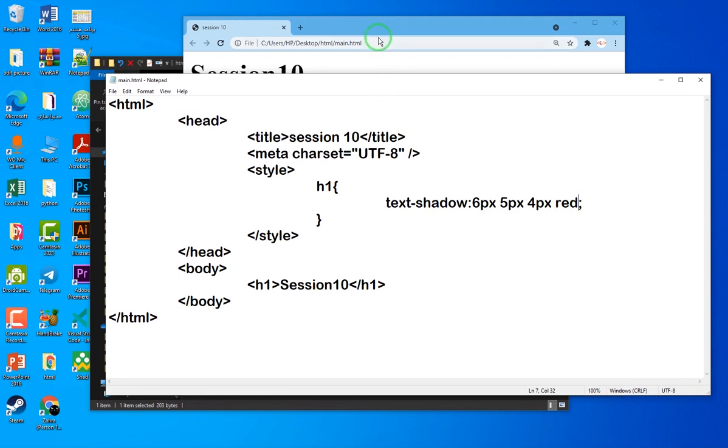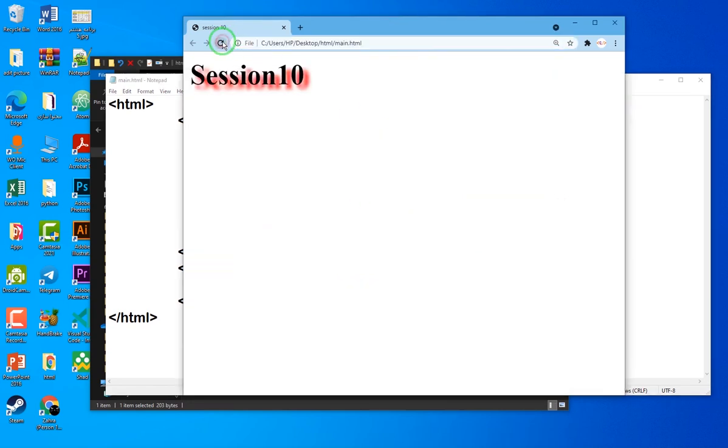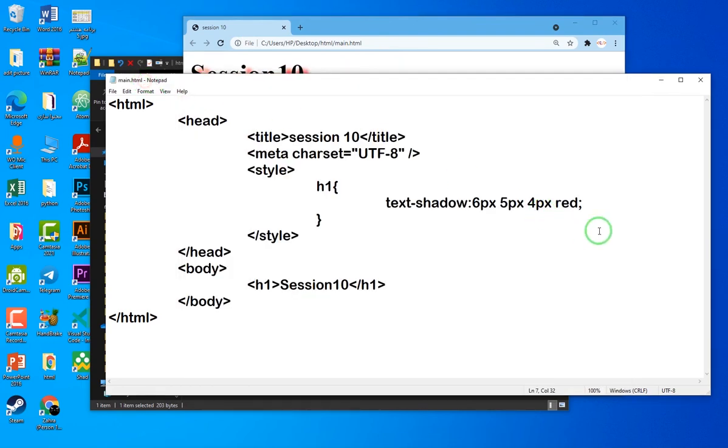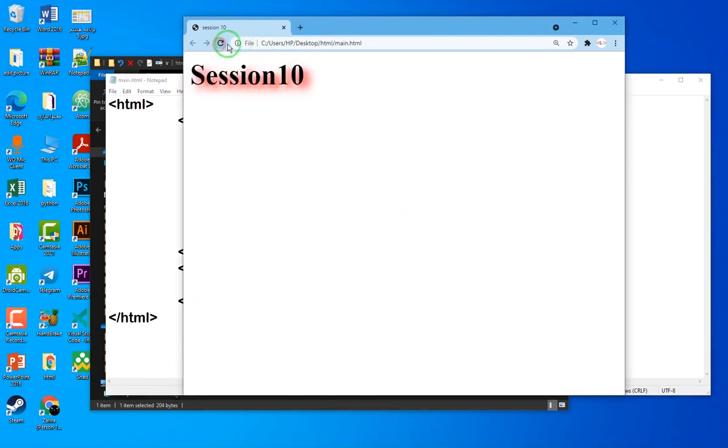I open my web browser, I refresh this page. Now you can see that it works. For example, I change my scatter rate, for example 10 px. Refresh this page. Now my shadow has changed. Okay,